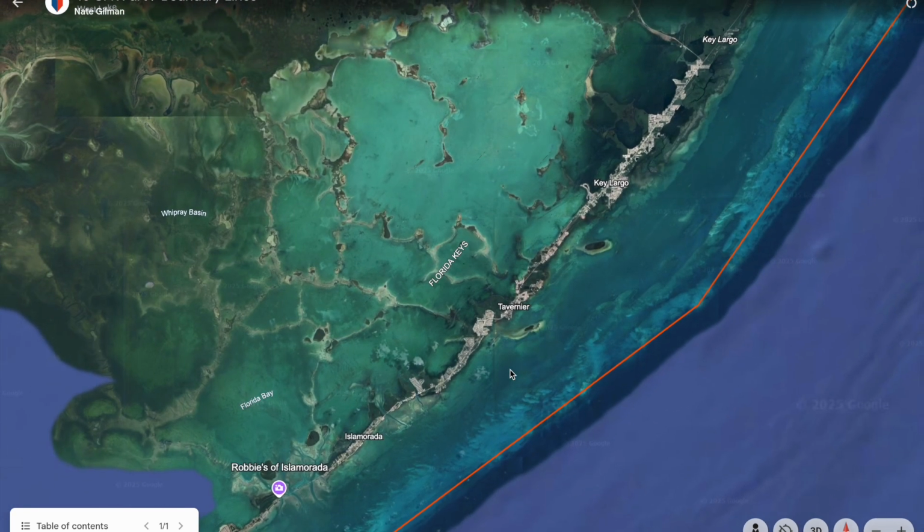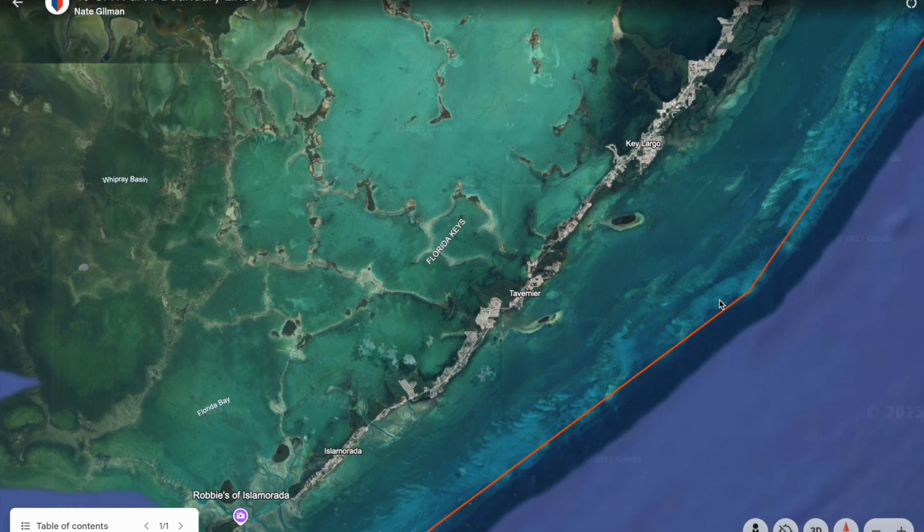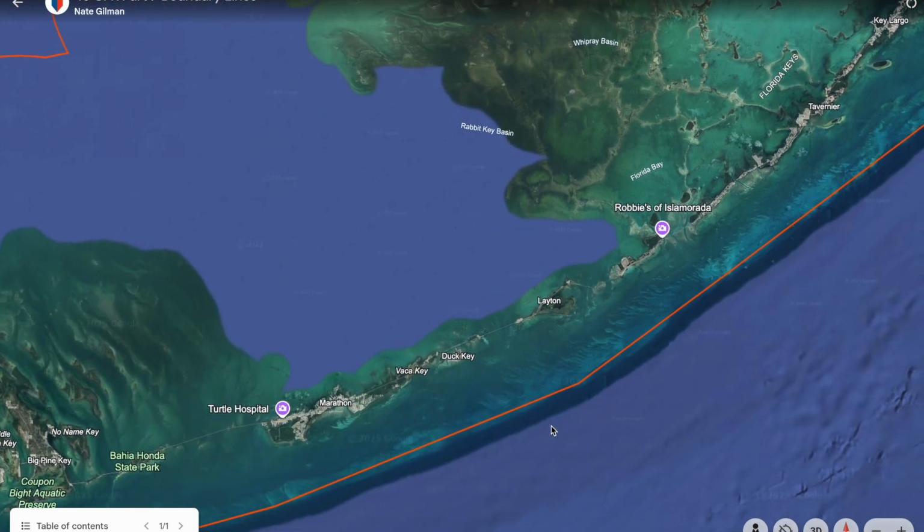And so as we make our way along, you'll see the whole Keys have a line that's just a couple miles off. It bounces back and forth, but you want to make sure to look at your chart plotter and figure out how to lay out this line for you. You can find it in the 46 CFR Part 7 boundary lines, but you want to make sure that's there on your chart so you know if you're inland and if you're coastal.